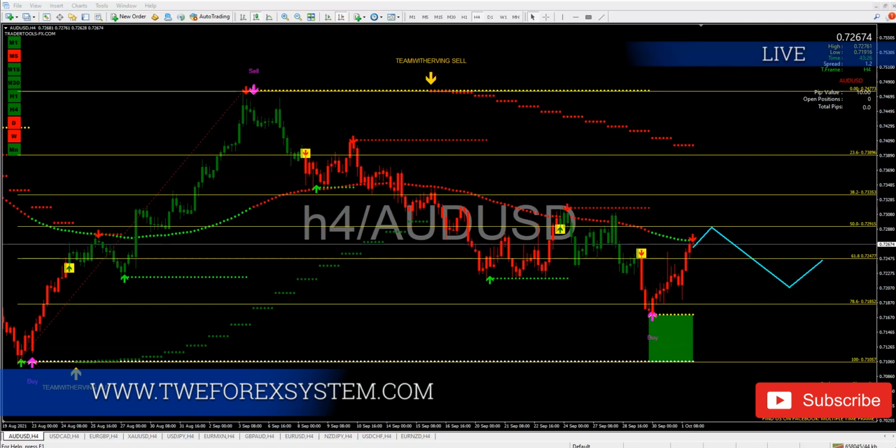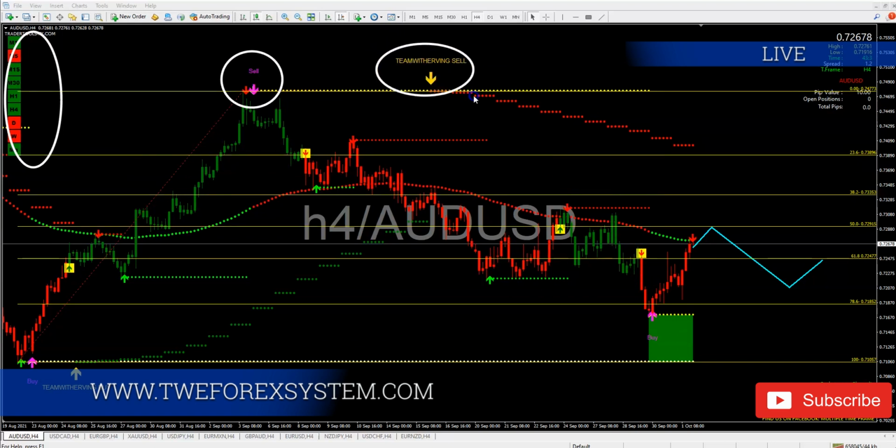All right, so let's go ahead and start with AUDUSD. Pay close attention to what AUDUSD is doing, guys. What the market is offering at this real time is that it is in a sell position. Multiple time frame is selling. Pay close attention to what your dashboard is telling you, guys. Your dashboard here is telling you that the multiple time frame is on a buy position right now. But our TWE sniper entry is telling us that we are selling. Pay close attention here. This is what I want you to understand.